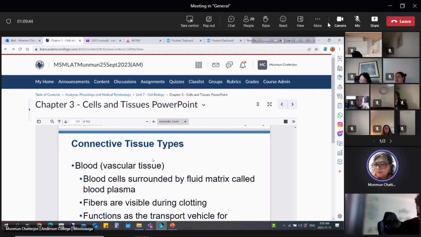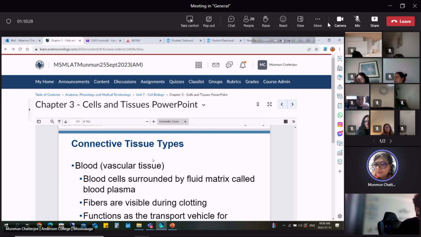Now, blood. The question is, how can blood be a connective tissue? It's a fluid. Is blood a connective tissue? Yes, blood is a connective tissue. All other connective tissues give support, and you are going to see them in forms of different cells, either simple or stratified with different cell types. They accumulate and make a specific function. But blood is a liquid, so how are we telling that it is a